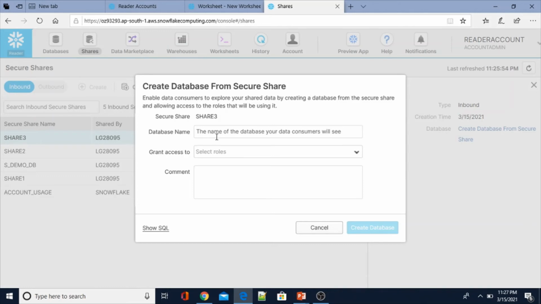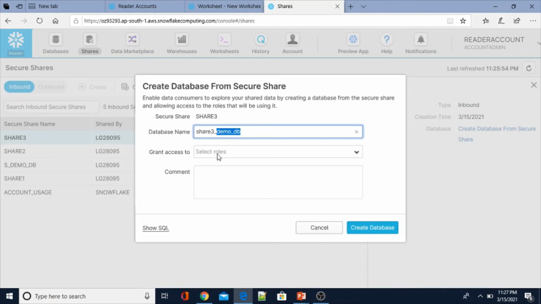Let me show you that. What is the database name here? You can give it any name. This is share 3, so I'm going to name it share 3 underscore demo db, so that the name itself tells you. This is the share name, and this is the database name attached to this share.